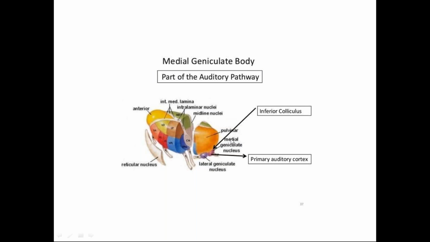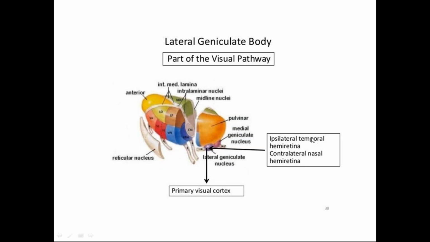The medial geniculate body is for the auditory pathway, so it receives from the inferior colliculus by a brachium called the inferior brachium, and from here it will go to the auditory cortex, the primary auditory cortex, responsible for hearing. Similarly, the lateral geniculate body is coming from the superior colliculus,